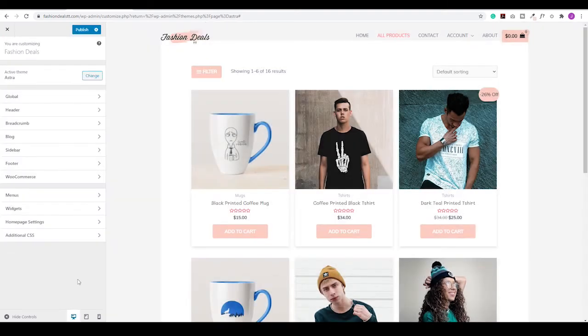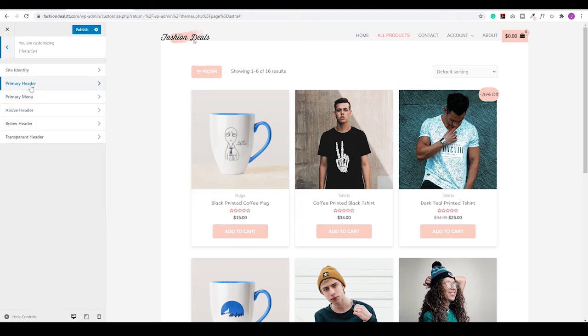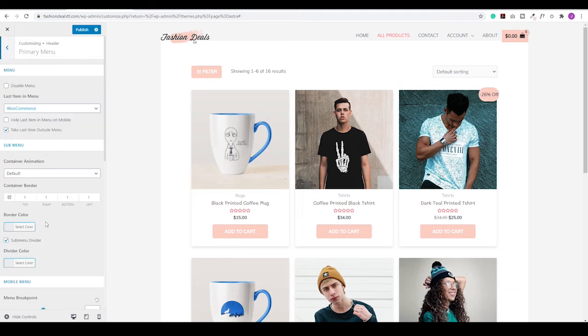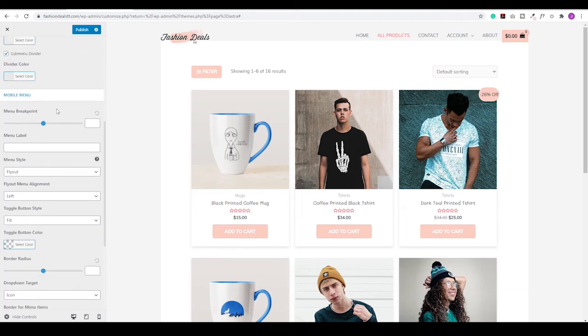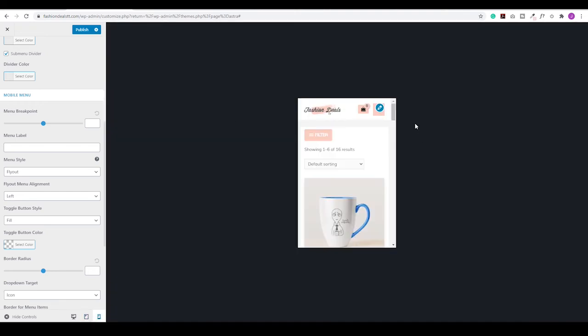Let's look at some of the pro features that's going to allow us to edit our web page on mobile. It's very important that we have our e-commerce page looking excellent on mobile, and Astra Pro gives us some additional features we could change. So if we go to header and let's choose primary menu. If we scroll down, we'll notice we now have a section here that says mobile menu. Let's change the responsive button to mobile. Okay, we'll now see we have our mobile button here. We could change this option. Right now, it is set to